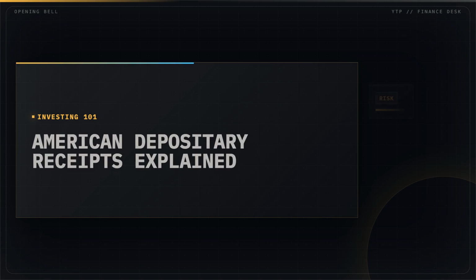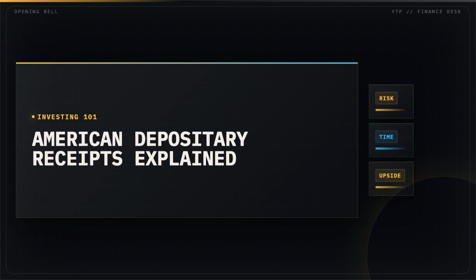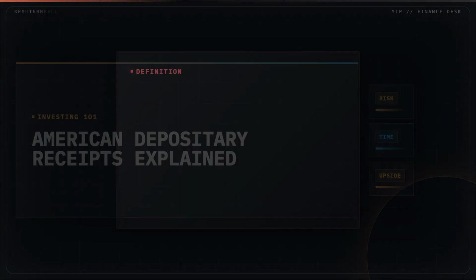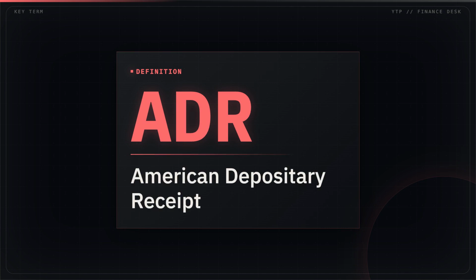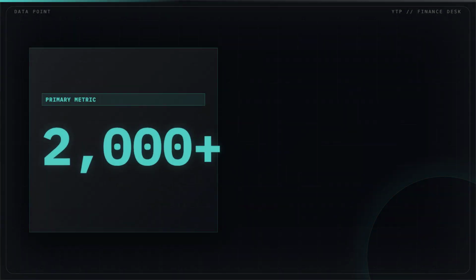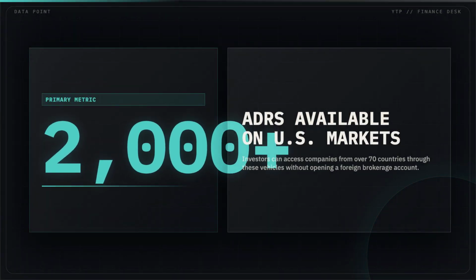Ever wanted to buy stock in a company based overseas but didn't want to deal with foreign exchanges? That is where ADRs come in. An American depositary receipt is a certificate issued by a U.S. bank that represents shares of a foreign stock held in custody. There are over 2,000 ADRs available, making it simple to get exposure to international markets right from your standard brokerage